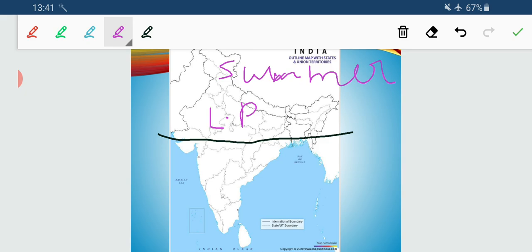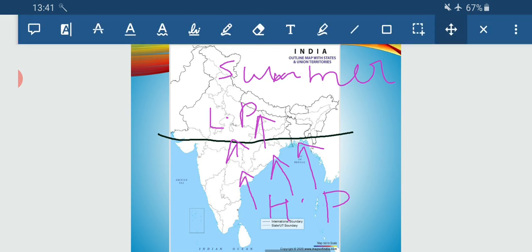Low pressure is there on the Indian landmass and high pressure is there over the Indian Ocean. So what is the resultant? During the summer season, the Indian landmass experiences the movement of moisture laden winds towards the country, towards the interior parts of the country. This is during the summer season, and just the vice versa